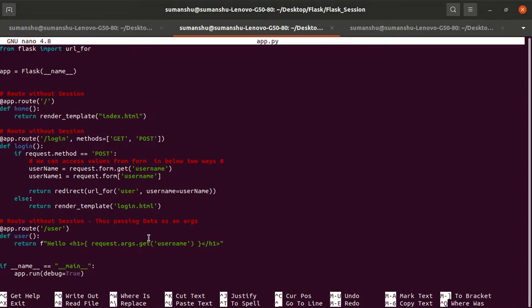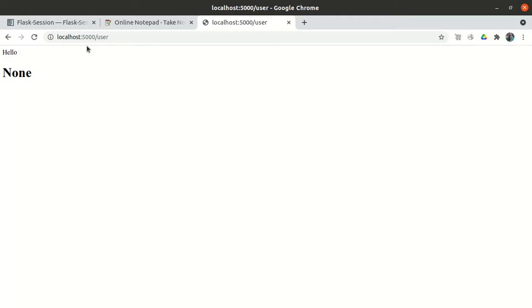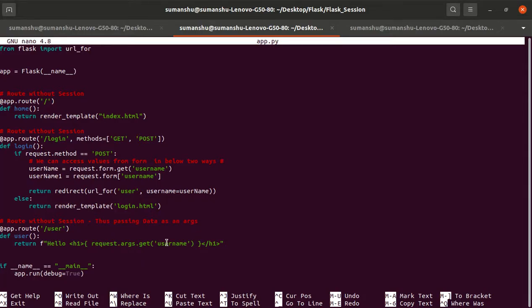So what I have to do is, if I go to another page, every time I have to log in again, because now the username is no more. What I want is request.args.get to equal the username. So to display the username, I have to pass the request from one request to another request, right?